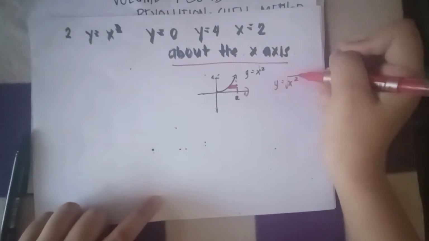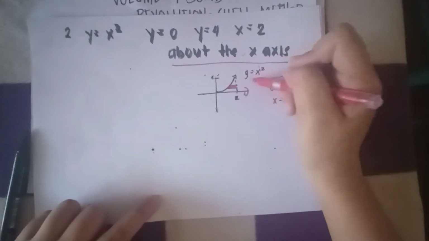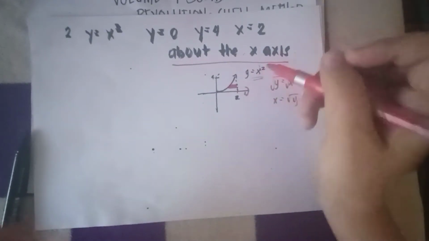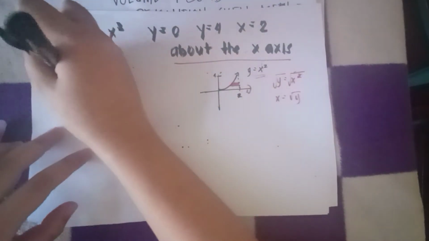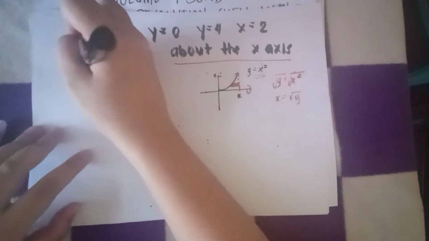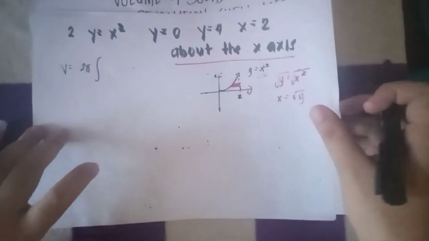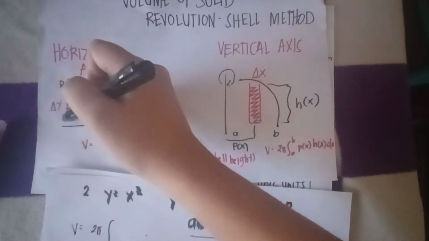Yung y is equal to x squared, i-transpose lang or transform lang natin into delta y. So, square root lang natin both sides. That will give you x is equal to the square root of y, and that is the transformation of this formula. Ngayon po, following the given, di ba, ang formula natin kapag horizontal axis of revolution is 2 pi c to d. Dahil po about the x-axis yung ikot natin, dapat ang ating limits of integration ay